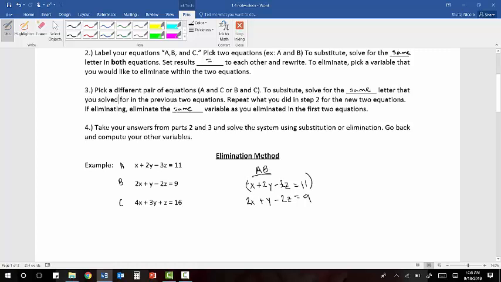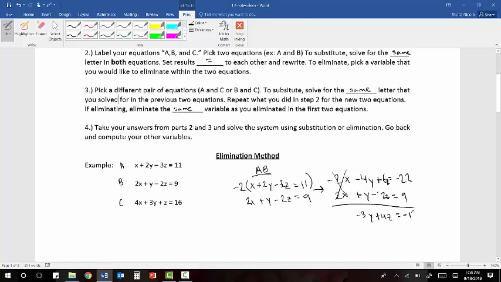So if I multiply this whole top row by -2, we'll get those x's to disappear. So I have -2x minus 4y plus 6z equals -22. And then we have positive 2x plus y minus, oops, I forgot my z here, 2z equals 9. And then we're just going to go ahead and add. So we get -3y, positive 4z,